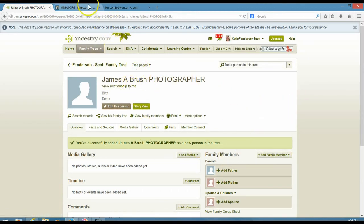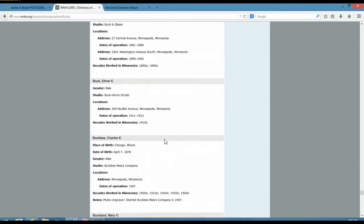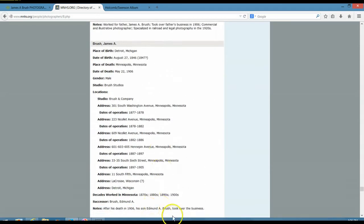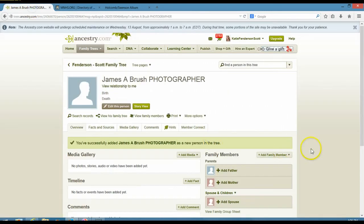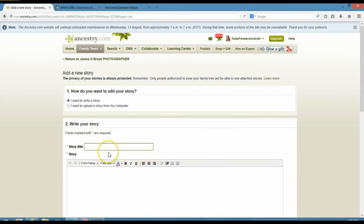And now let's do this one other thing. Let's do the copy and paste trick, just so I can remember more information about him. I'm not really doing a deep dive on him right now, because if I really wanted to research him more, I can do that. But at this point, I just want to set up kind of a placeholder. So I'm going to go back to that add media, add a story, write a story, and his name is